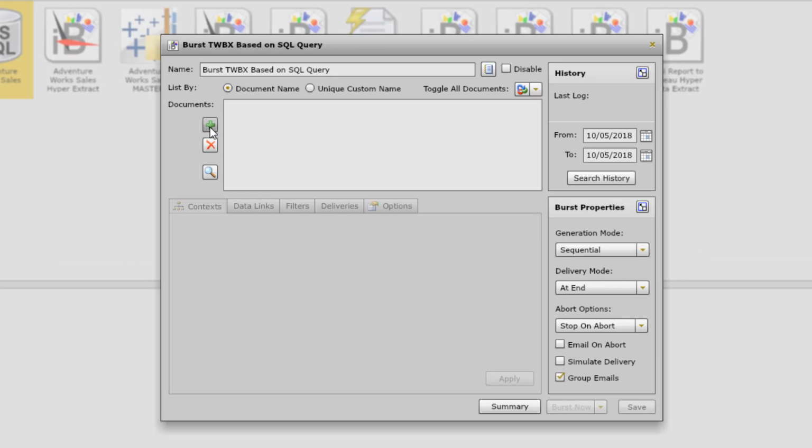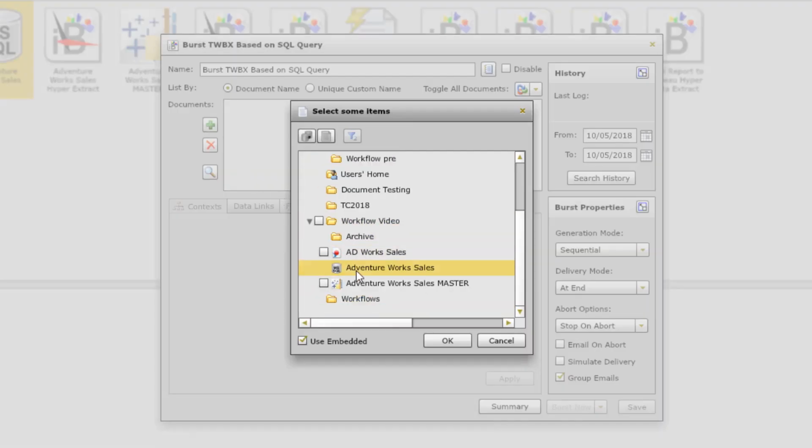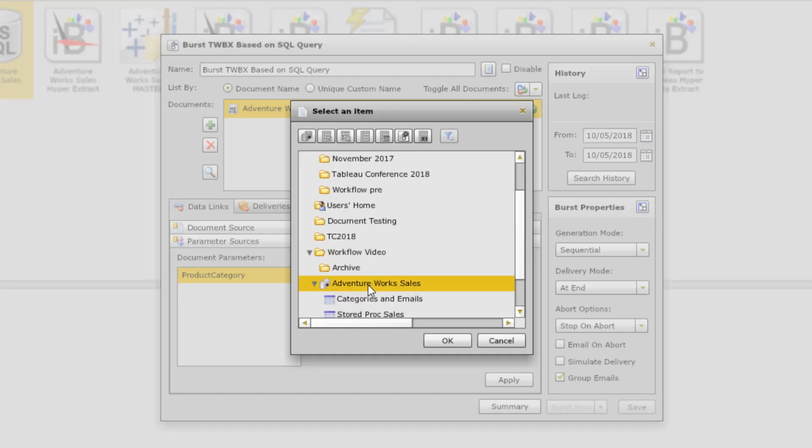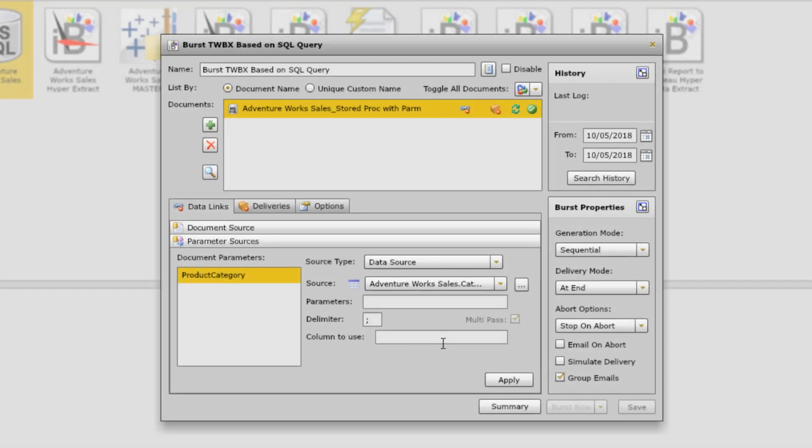So I have to add my source. My source in this case will be the stored proc with parm stored procedure. And we can see it's automatically populated the product category parameter from that stored procedure. I want to use a data source as a basis for supplying these parameters, and I have a SQL statement called categories and emails that has 1 row for each product category, and in that row I have the category name and also the email associated with that product category. The column to use is named category. Say apply,